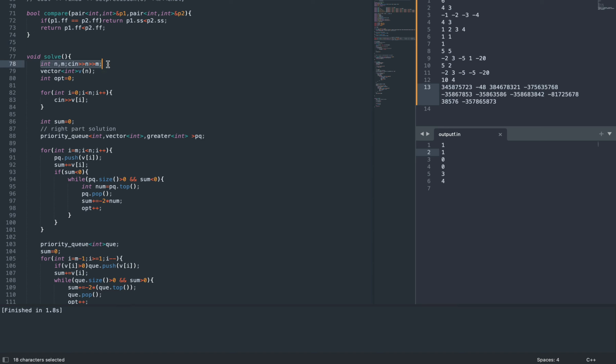we are taking n and m, and then we declare the size of the array. Initially the number of operations is 0, and then we take the input of the array, and let the prefix sum till index m be 0. So we declare one priority queue, and here we iterate from index m to n minus 1, and whenever